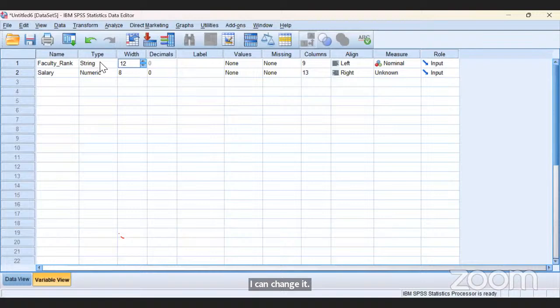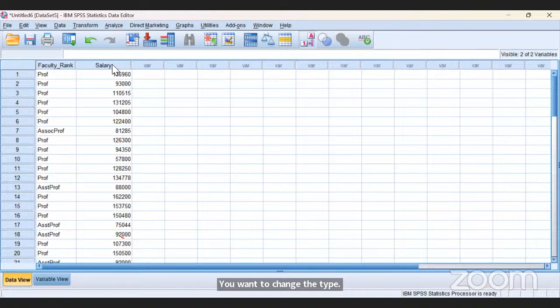Sorry, ma'am, but it didn't change automatically. What do you want to change, madam? You want to change the type? Yes, ma'am, I'm asking about the type. My salary type is coming as string and yours is numeric, because I did the same thing in the beginning to show you. When you are copy pasting from the Excel, now see in the first row,